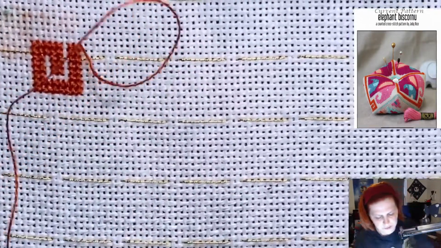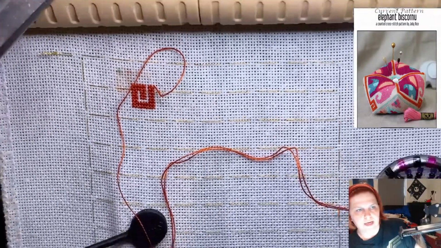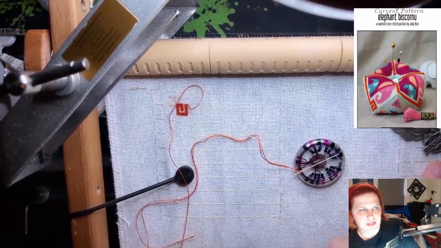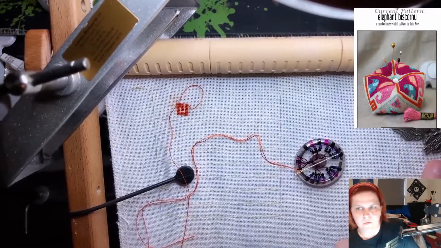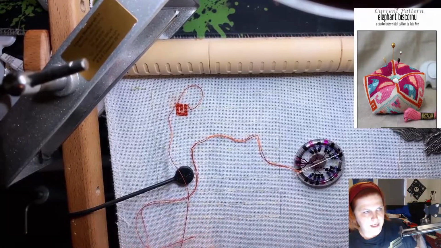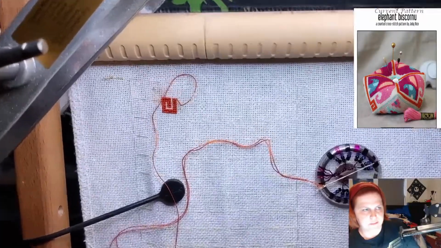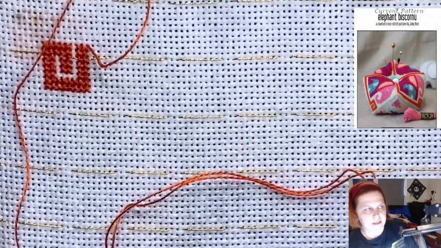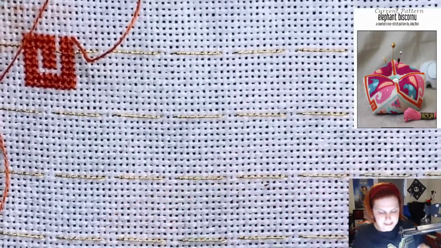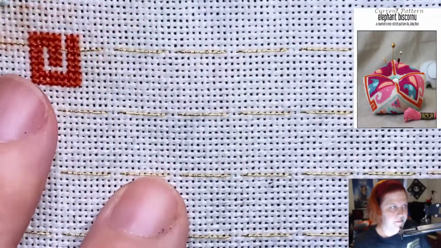But I have both pieces. I'm gonna scroll out, kind of pull away so you can see what I'm talking about. See, I have this section over here gridded as well. This is going to be for the rainbow. And then down here, I will do the back half of this one and then back half of this one. But I decided I wanted to do it all on the same piece, for one, so that I'm not fighting with the length of fabric.